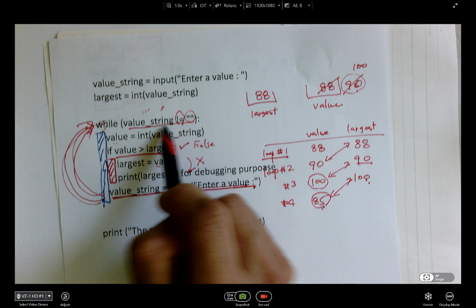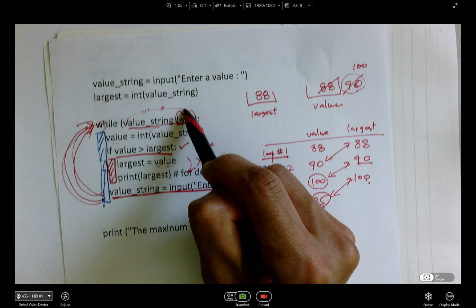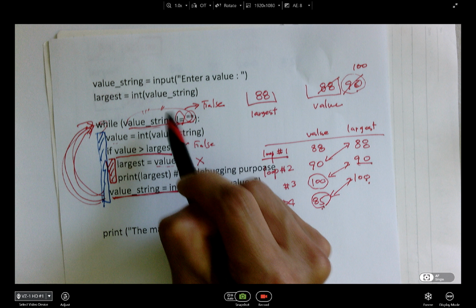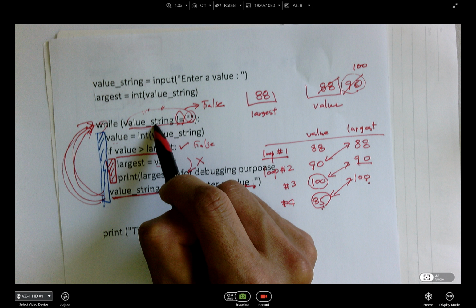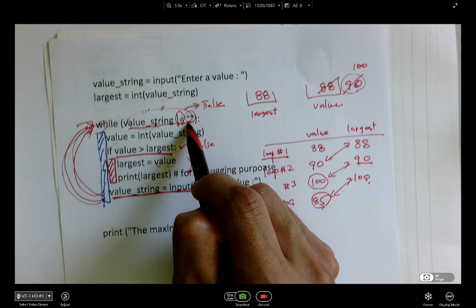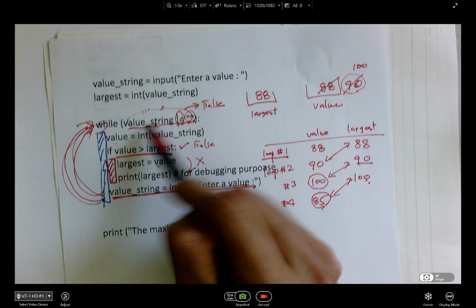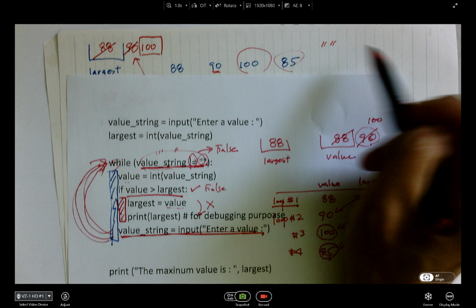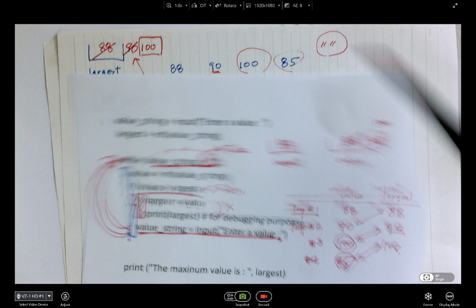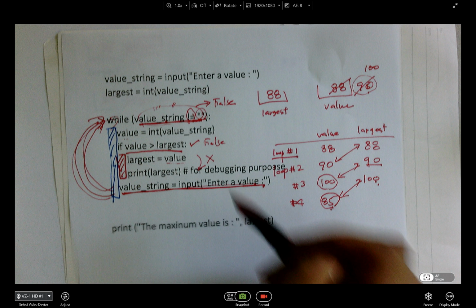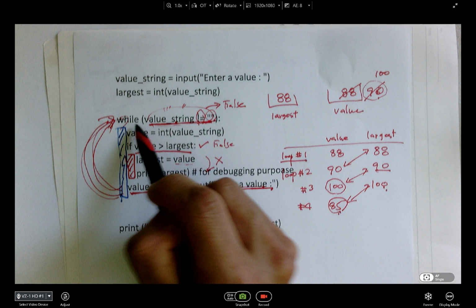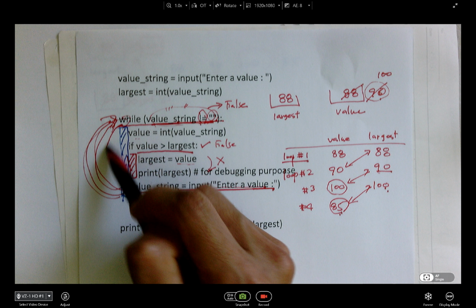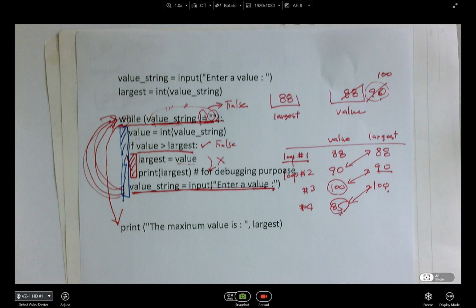So this whole thing becomes a false, because empty string is equal to empty string. So this becomes false when the user enters empty string, and it will exit out of this while loop, and then it's going to execute the next statement.